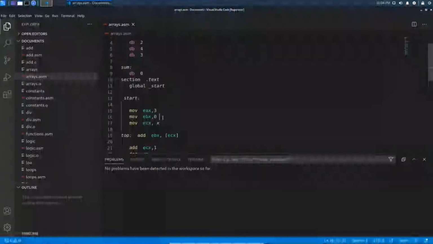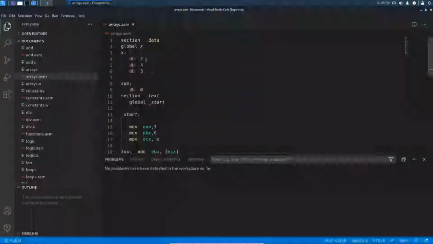You must initialize it to 0 before calculating the sum, otherwise it will hold a garbage value and our result will get messed up with that garbage value. Make sure that you assign 0 before calculating the sum. And here our ECX register will point to the element in the array.